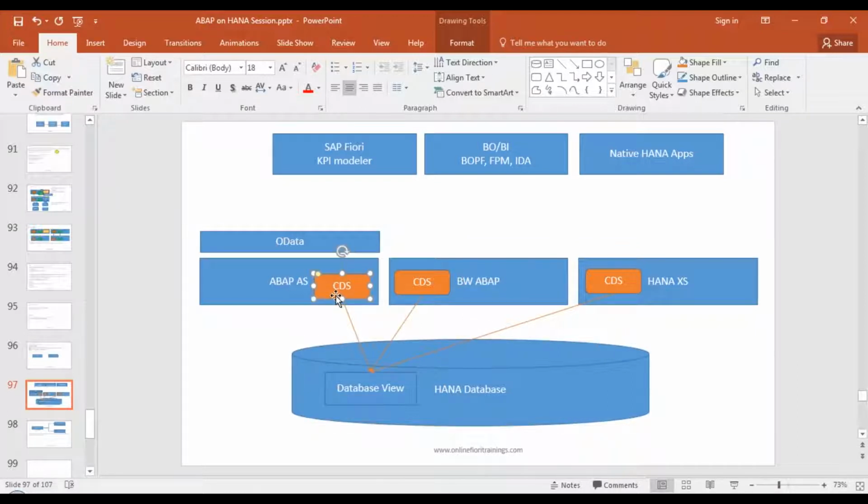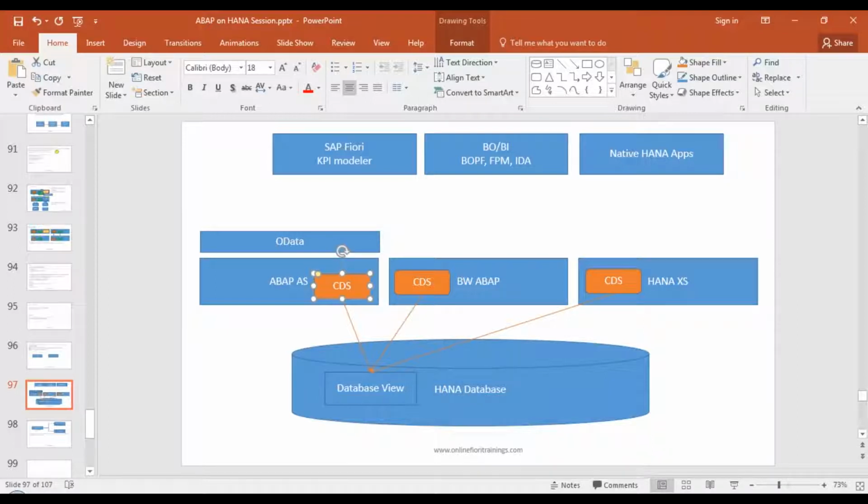You need to tell the CDS that I want to total up this price value, or I want to calculate the average number of days in my open item analysis scenario, or I want to total up the gross currency amount, right? So how will you tell this to the database layer? That is controlled by annotations. Some annotations are analytical, some are semantical, some are object level. So there is a variety of annotations. You will see these annotations in the upcoming discussion when I create some CDS views.